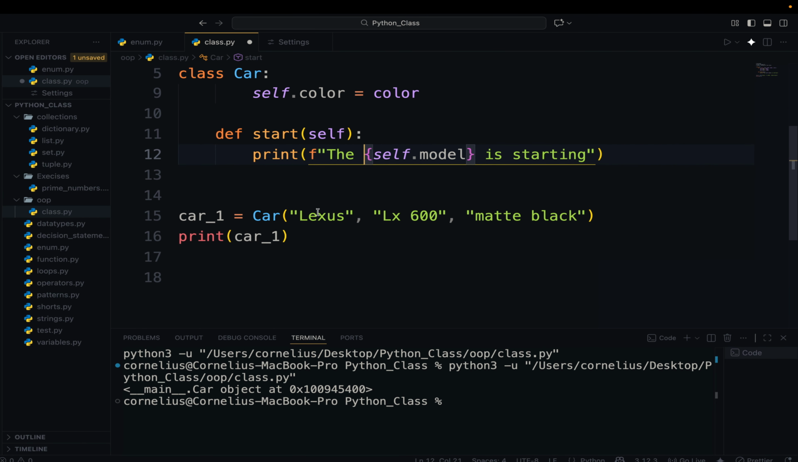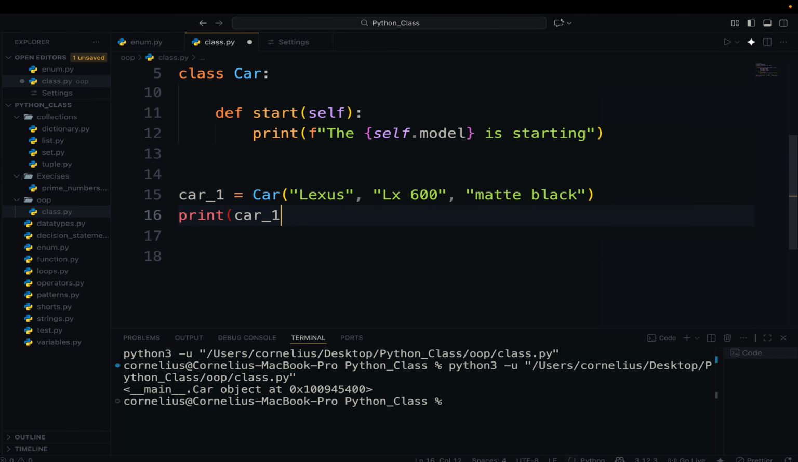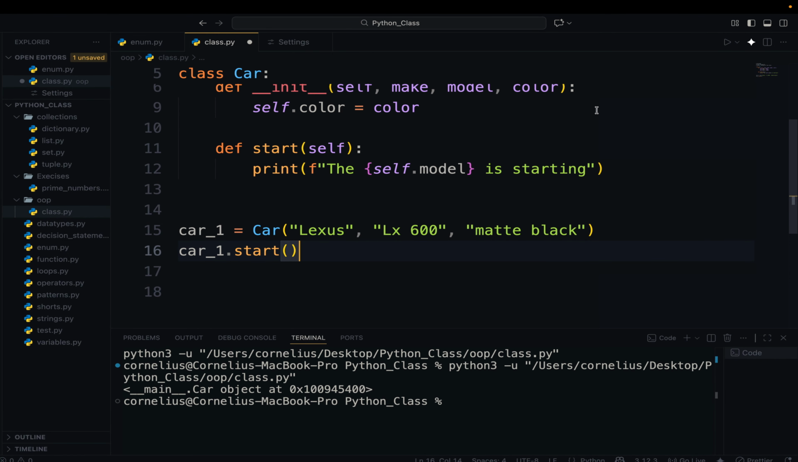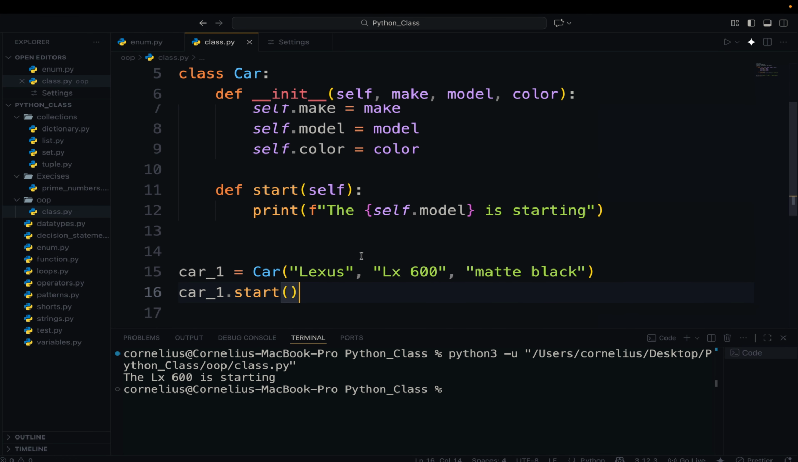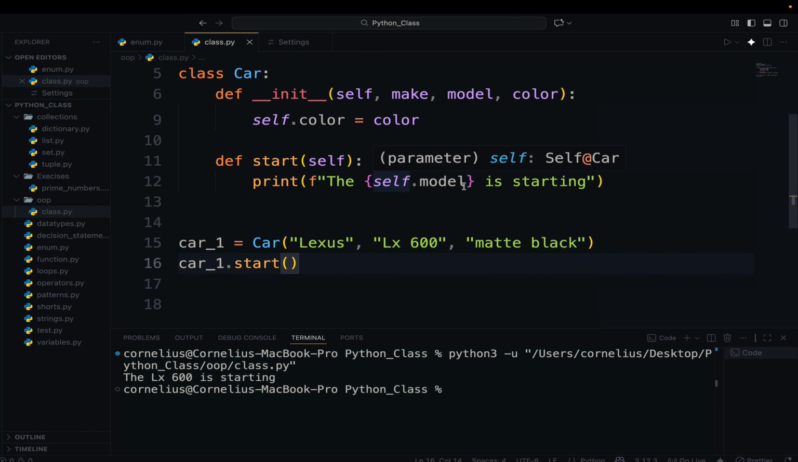Good. So now I can remove this print. Then I'll say car1 dot start. So it's a method. Remember, a method is just a function inside the class. So we run the program and now you see the LX600 is starting. So we say self.model, and remember the model of our car is LX600, so it says the LX600